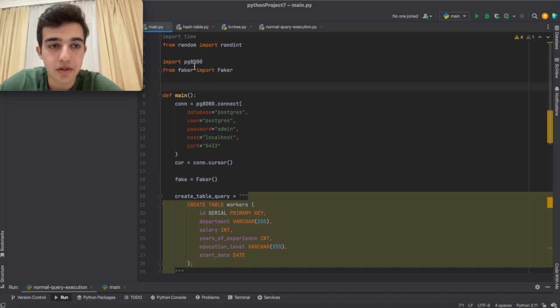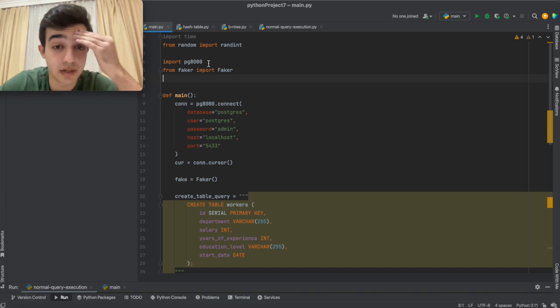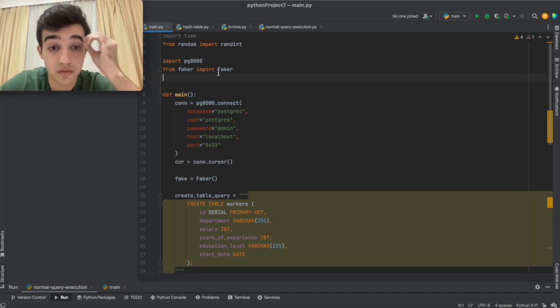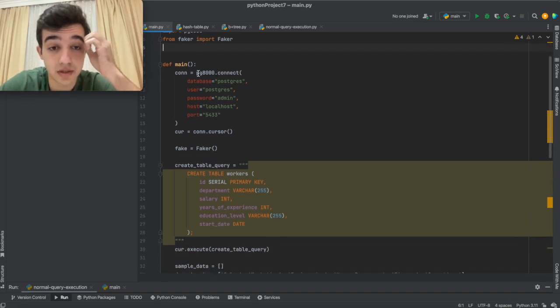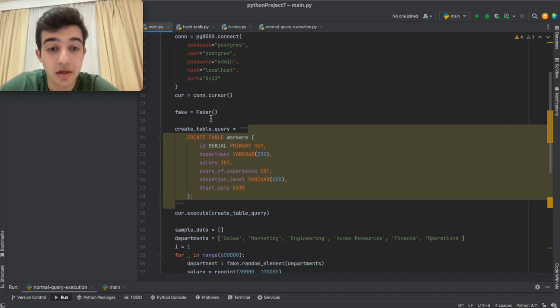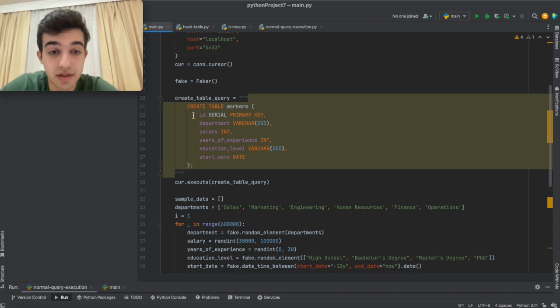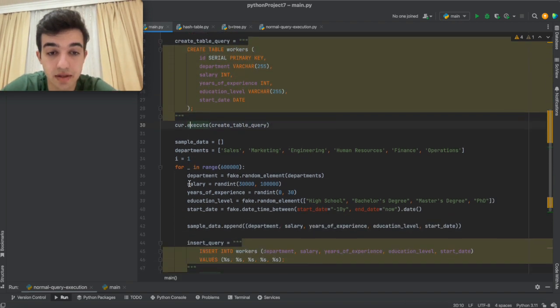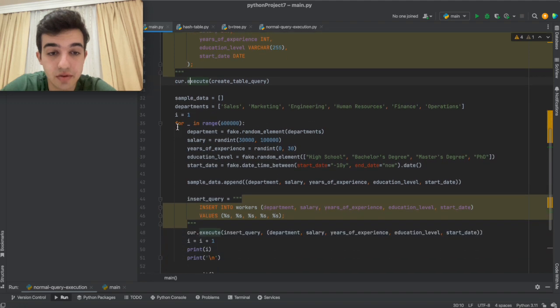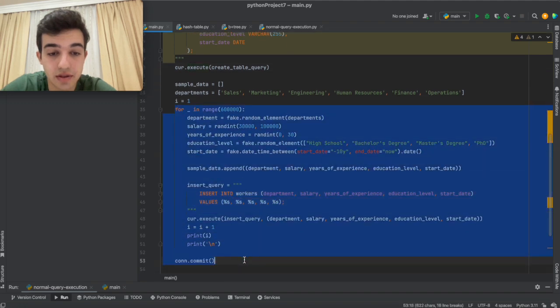This is my Python script for inserting the data. I used the PG8000 library and the Faker library for this purpose. PG8000 for connecting to the database and creating the table, executing it, and then I used Faker for creating